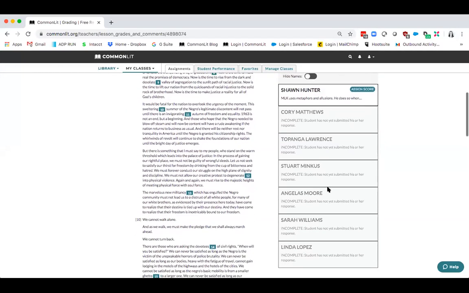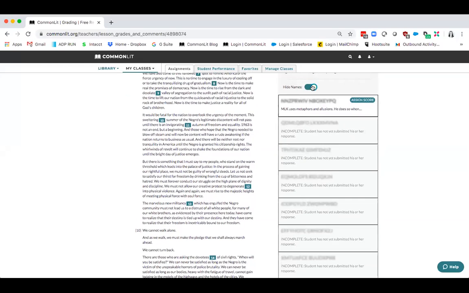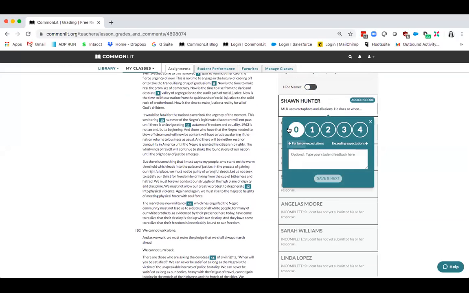But if I want to scroll down here, I can see student submissions. Usually, if the student has submitted their response, they'll all show up here. You can hide names if you want to remove any potential bias when you're grading. And then when you go through to grade, it's kind of like grading a stack of papers. So you can click on each response and you grade on a scale of 0 to 4,